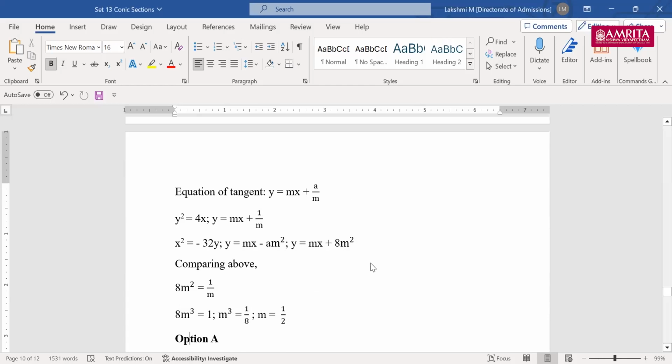So yes, I hope it's clear. Up to this part, it's clear. And if you have any queries, you can start typing that in the chat box. I'm ready to address this. And I hope this question is clear, or do you want me to discuss this further? Do you want me to discuss this again, or is this clear? Okay, completely fine. For those students who are new to the session, or if this is the second session,